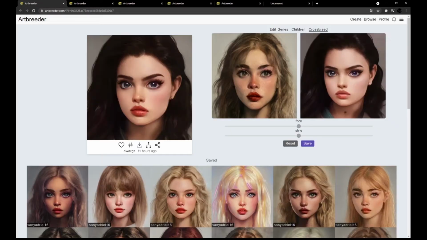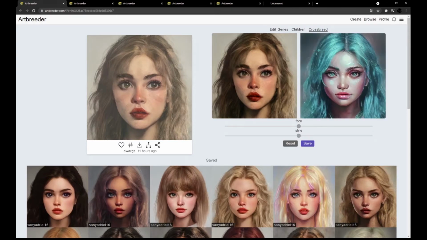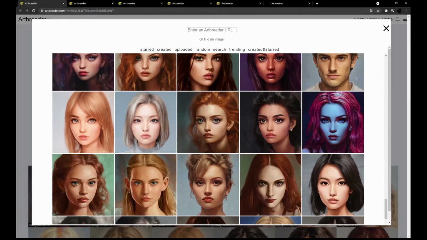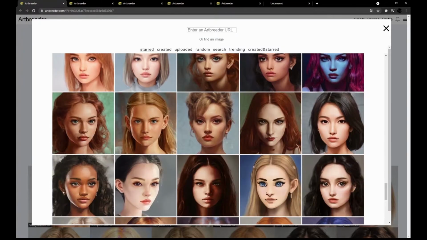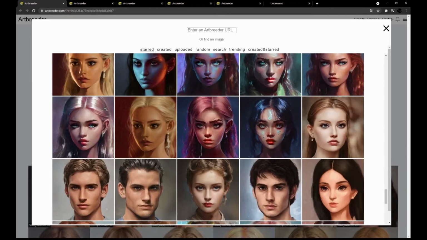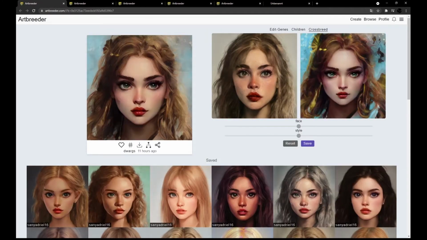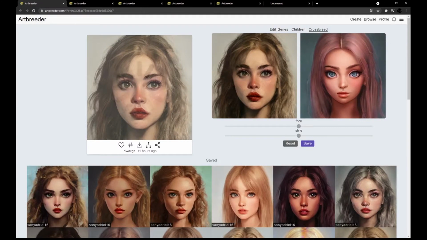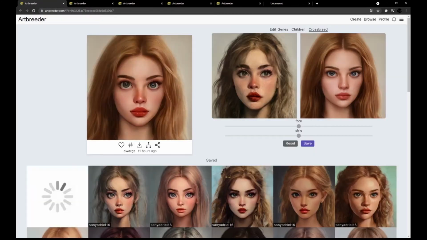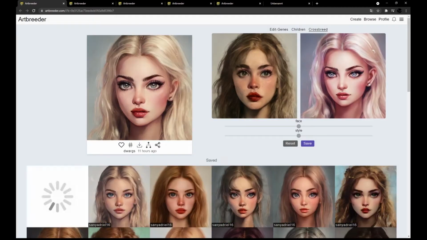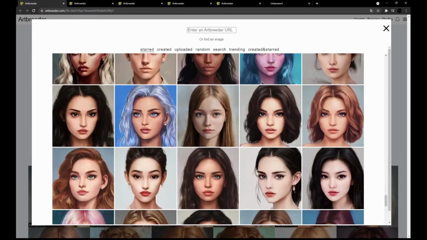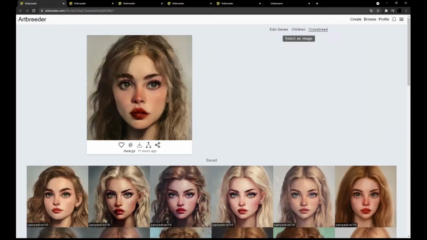I was really in the mood for making a portrait of someone with very big eyes and just a cutesy look, not very realistic but also not completely unrealistic, just very over-exaggerated features basically. And so what I did was I went to the browse feature of Artbreeder and looked at images that other people had created that had very big eyes and looked kind of cutesy. I went through the trending tab and picked out all of the images that had the features that I wanted,